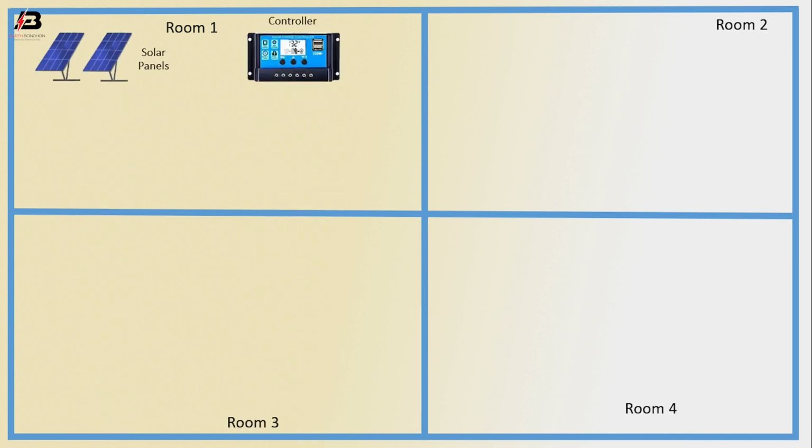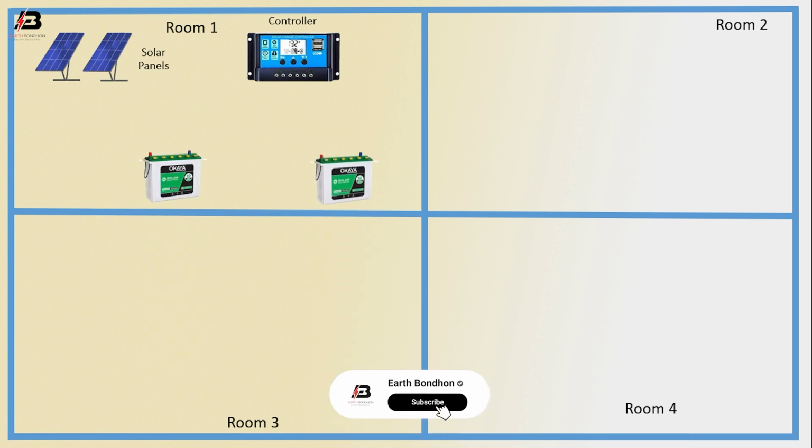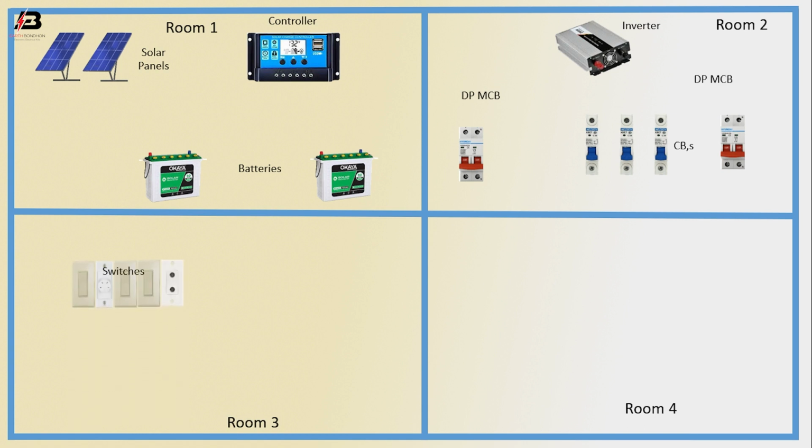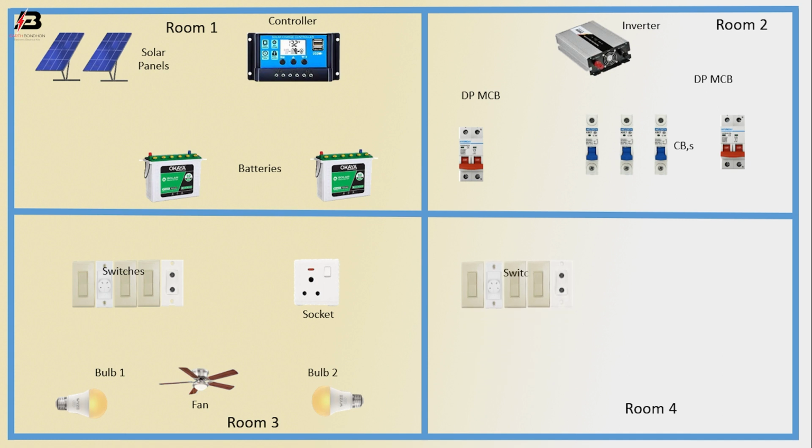So viewers, let's start. Room 1, room 2, room 3 and room 4. Solar panels, controllers, batteries, inverter, DP-MCB circuit breaker, single pole circuit breakers, another DP-MCB circuit breaker, switch, dimmer and socket, 3-pin power socket, bulb 1, fan, bulb 2, another room switches, socket, bulb 1, fan, bulb 2, series connection between two solar panel, positive